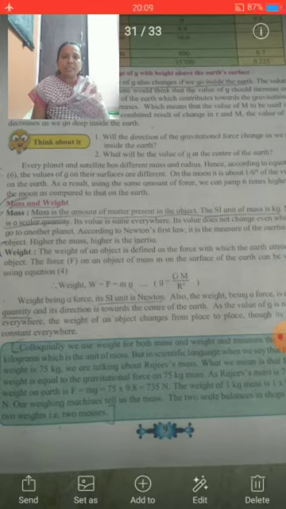Once we release the stone from our hand, at that time we remove the force applied by us on that object. At that time, only gravitational force is acting on the stone. Therefore, the stone falls down under the influence of this gravitational force. The stone comes towards the ground.